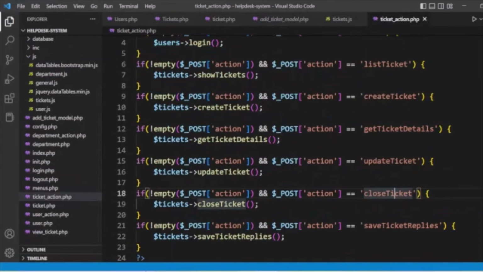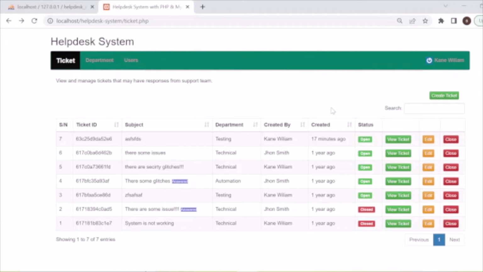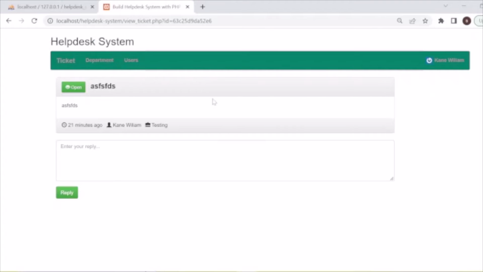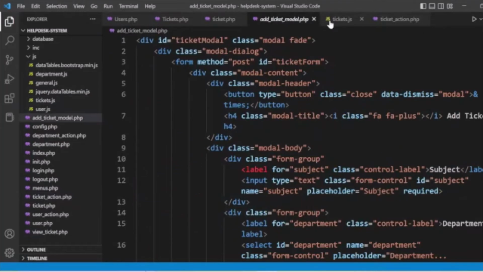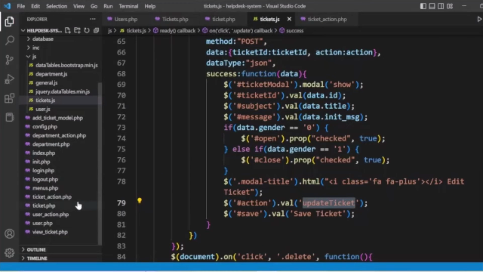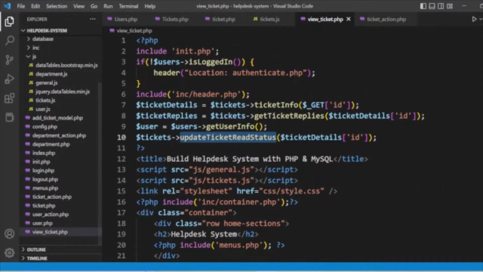So guys, you have seen how the ticket functionality is handled. Also, the view ticket details are seen here, displaying the ticket details. The ticket is displayed in view ticket.php. So now we will see the view ticket.php file, in which we are